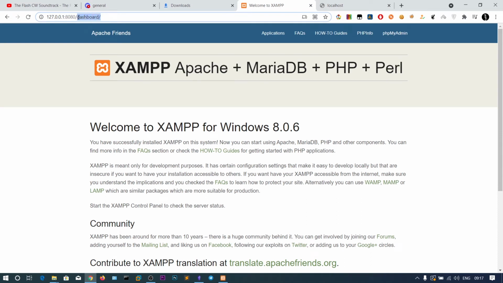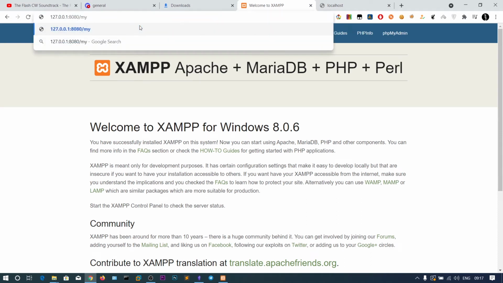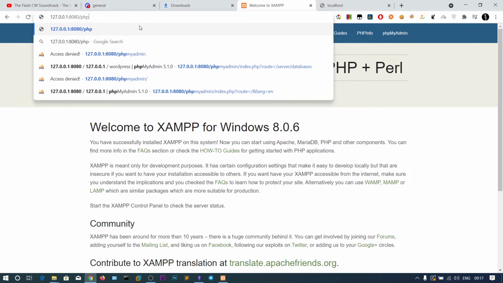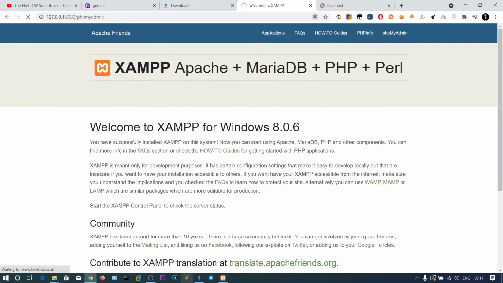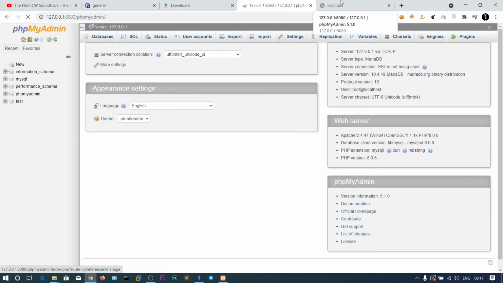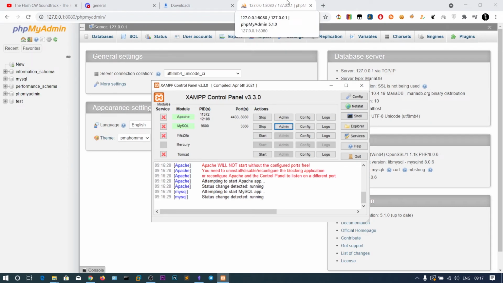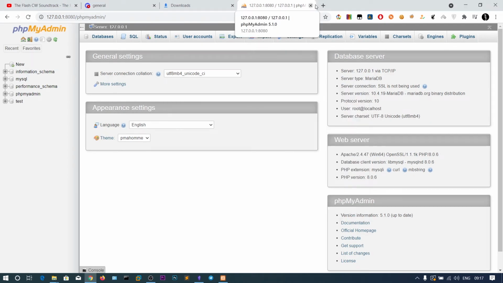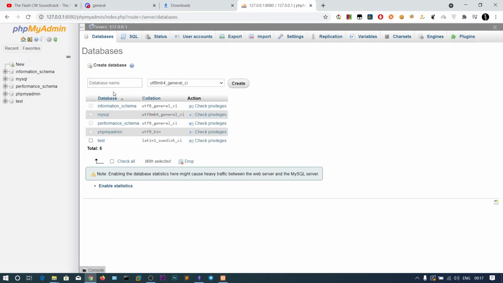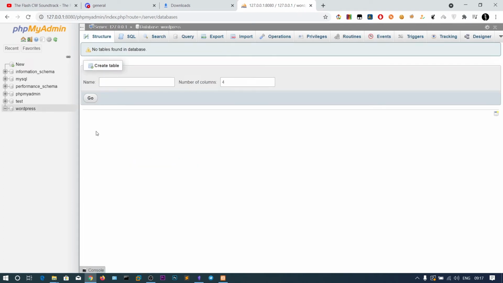You can also go to the root directory phpMyAdmin. So okay, I don't know why this did not work. Maybe it is pointing to another port 80, so that's why we did not get it. So click on databases, and now we are going to create a database named WordPress and click on create. So now the database has been created. You don't need to create any tables.